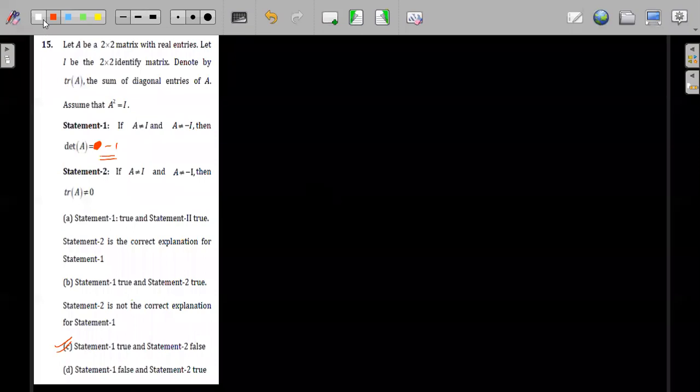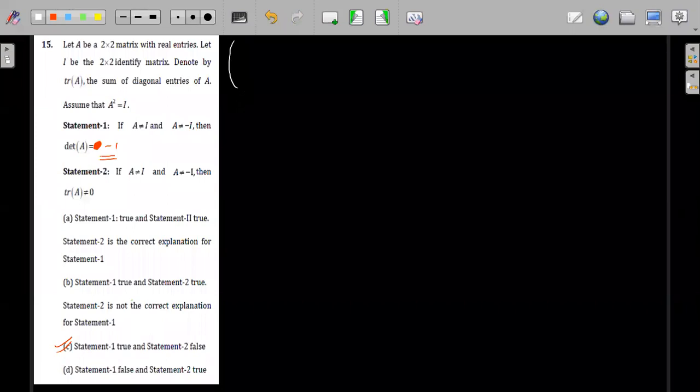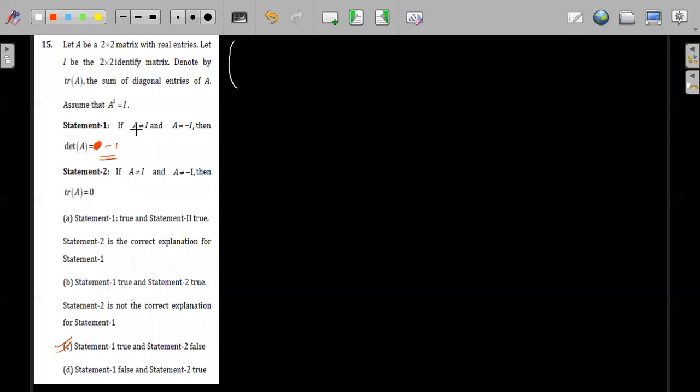Okay, so yeah, most of you have solved. So let's see. This is a 2 cross 2 matrix with real entries. The way to solve this is, so see, suppose this question comes in the exam, Watson will be very much disappointed. Yes, Watson, Srivatsan, because in this question you cannot take any